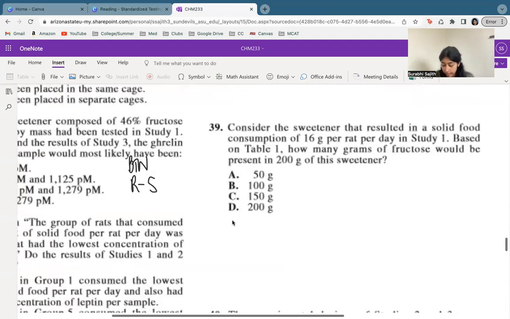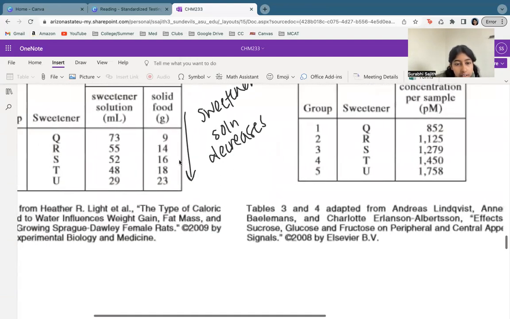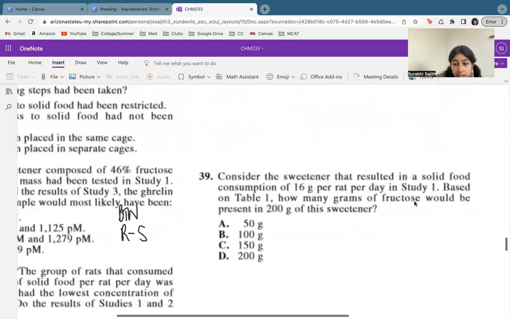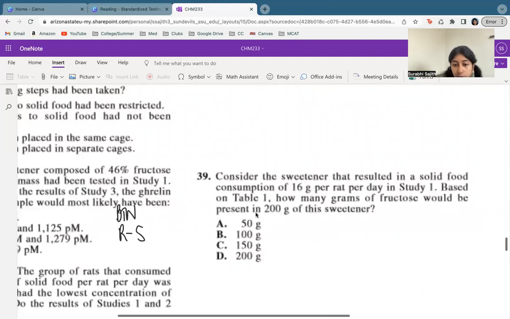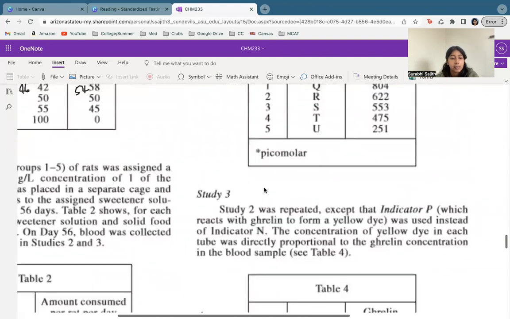All right, looking at 39, consider the sweetener that resulted in a solid food consumption of 16 grams per rat in study 1. So which one gave us 16 grams of solid food? That's group 3 or S. Now, based on table 1, how many grams of fructose would be present in 200 grams of the sweetener? So in S, in table 1,